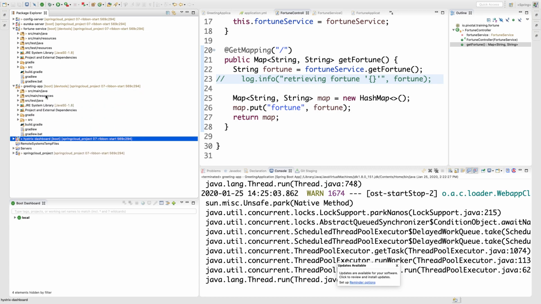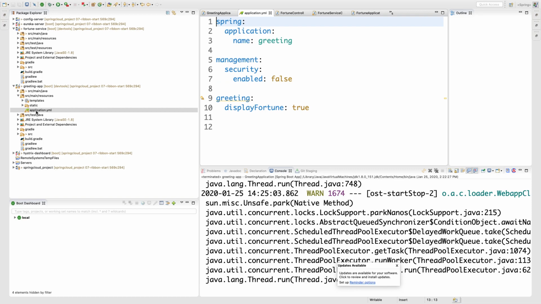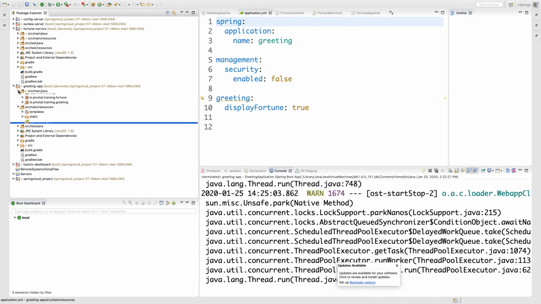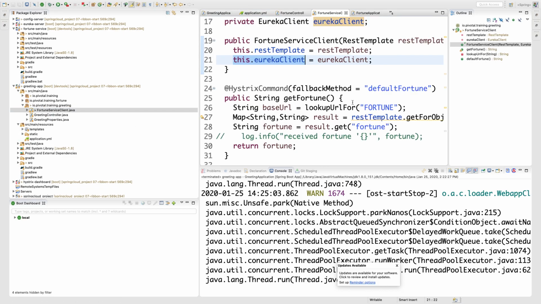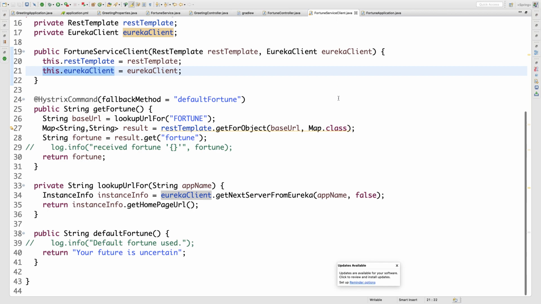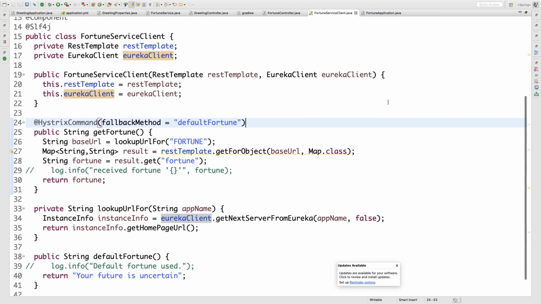So in this version, we still have two services. Greeting service depends on Fortune service, and we have the same architecture, except that if we look at the configuration file, you see here you don't see any dependency on the Fortune service. There is no hard-coded URL, port number, etc. Now, let me go inside the code and see exactly how we are doing the lookup. So if you go inside the Fortune service client, which is basically the part that invokes that microservice, you'll see that,